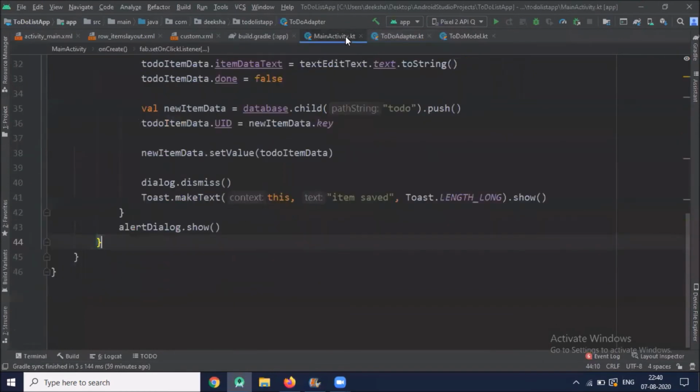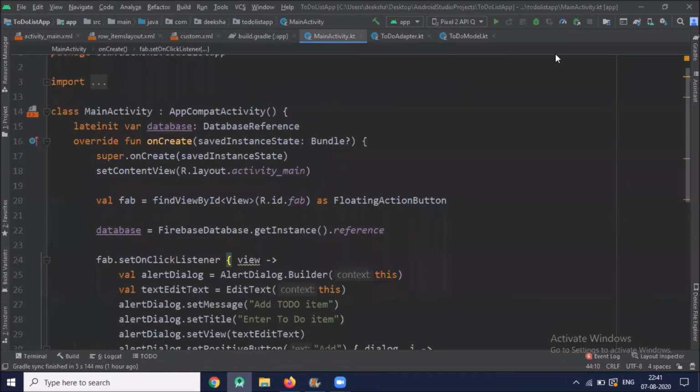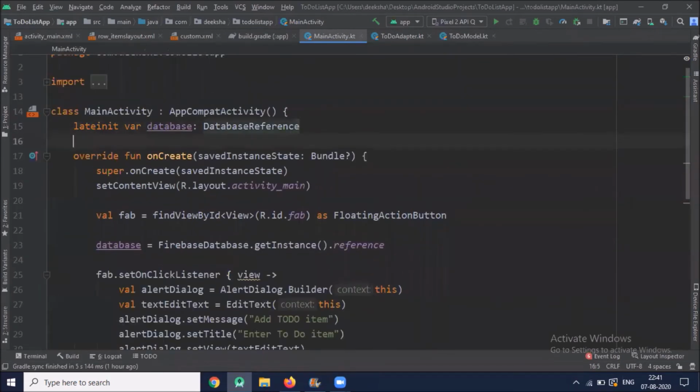Now click on main activity. Here we will work on fetching the data from Firebase. First we will define some global variables.